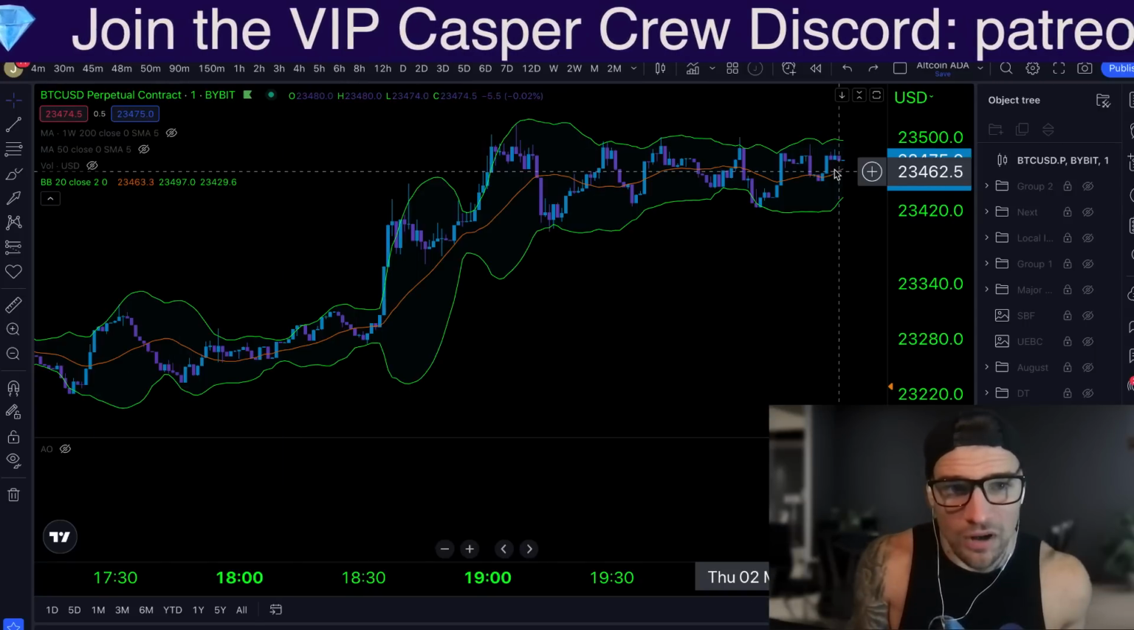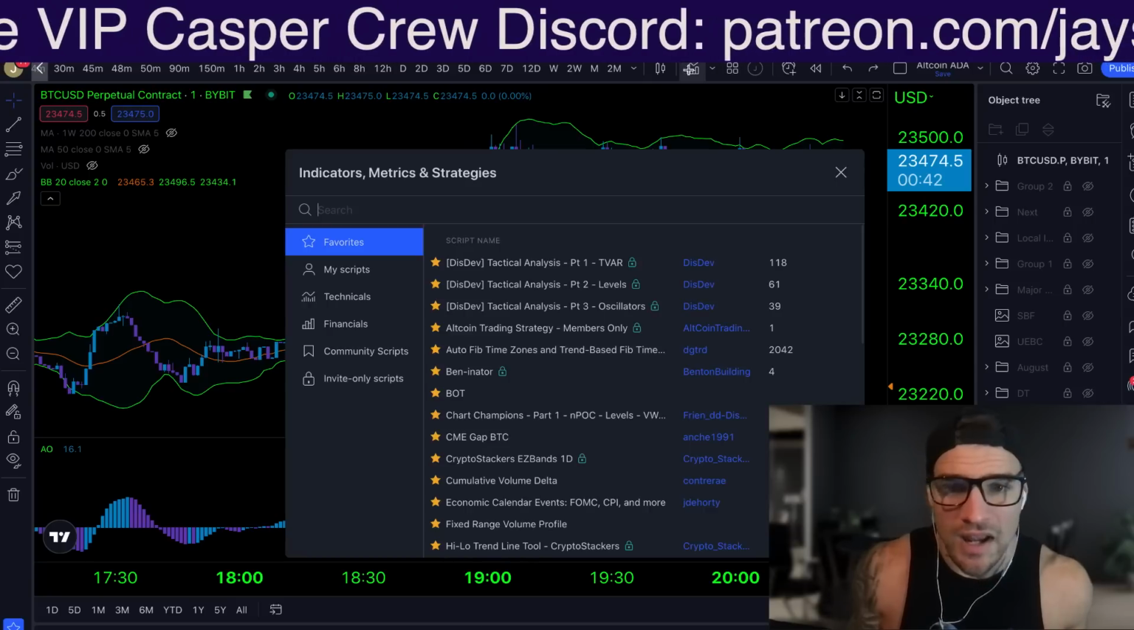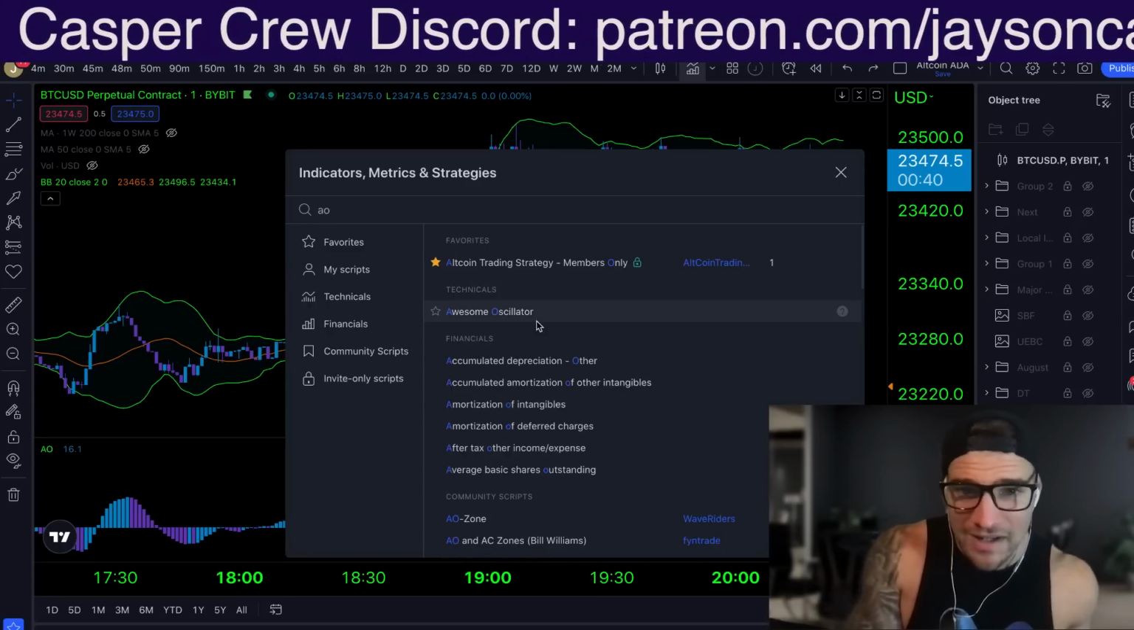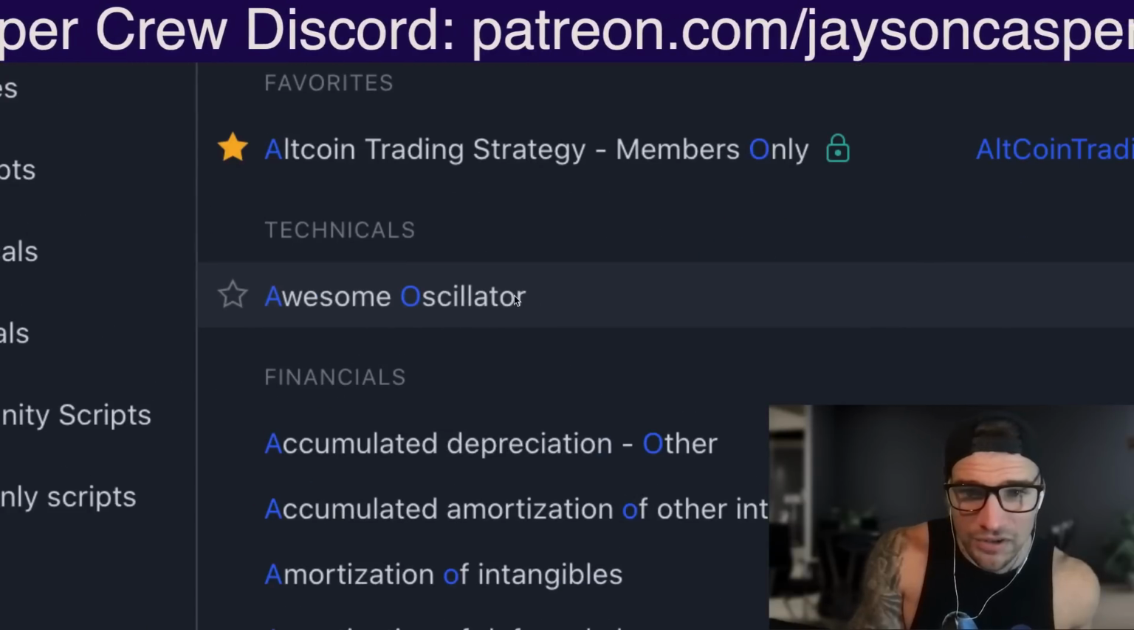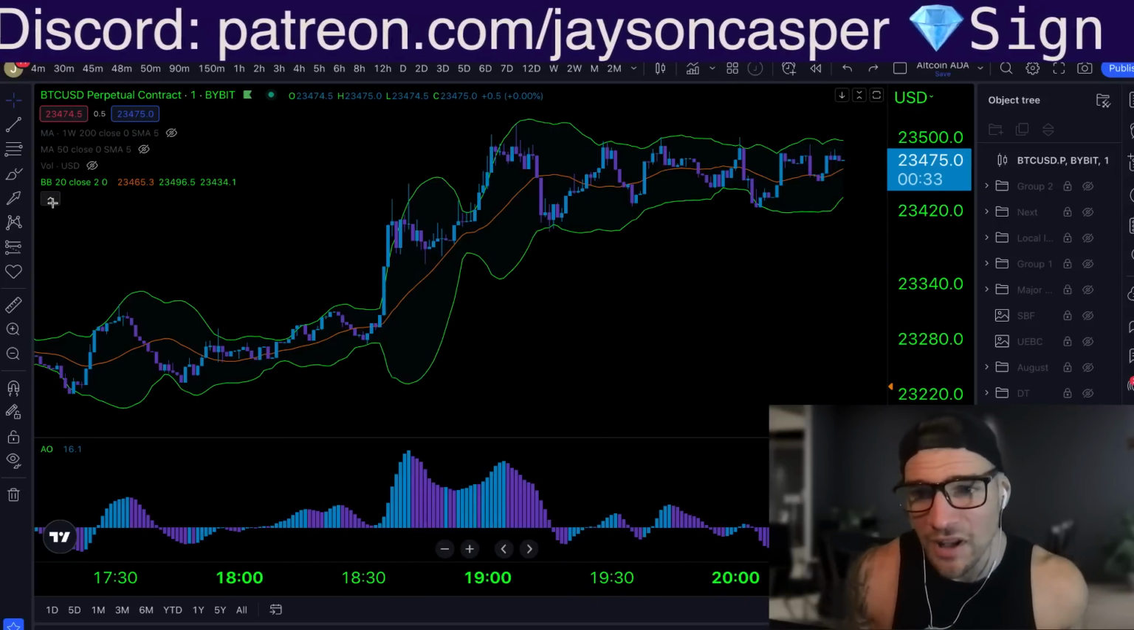And then we are also going to be using something called the Awesome Oscillator. The Awesome Oscillator, you are going to go to indicators and simply just search AO, and it is this one right here, the Awesome Oscillator. Screenshot that if you need to. These are the only two indicators we are going to be using for a trade, and basically here is how